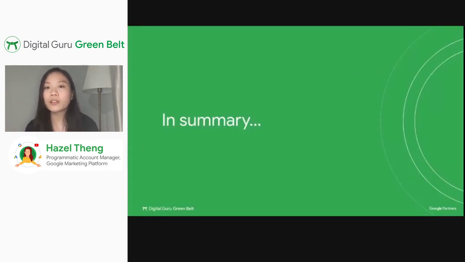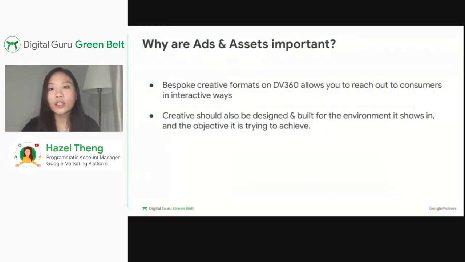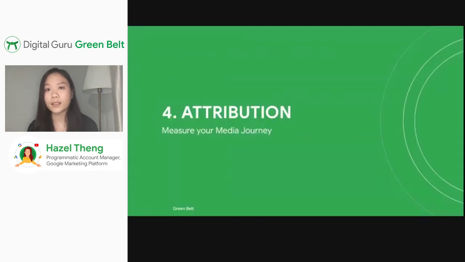So a quick summary on creatives: DV360 is really not just concerned with inventory access or data segmentation alone. A large part of the conversation around DV360 also involves creatives. And as shown in today's session, there is a large range of creatives available on DV360 for selection. So advertisers can really explore and build a full range of creatives on DV360.